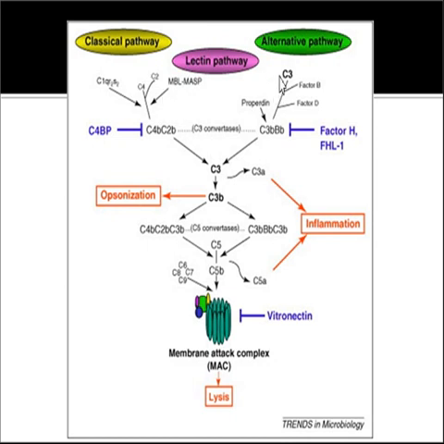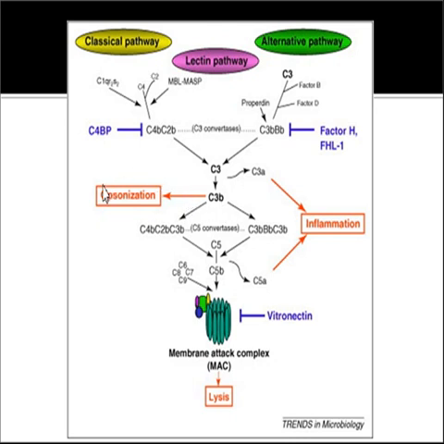Now all of these pathways generate the C3 and C5 convertases and the bound C5b, which is converted into the membrane attack complex, finally leading to the lysis of the entrapped pathogen. So these a and b are the fragments of C3, whereby one is a larger fragment and the other is a smaller fragment. Normally, a is the smaller fragment and b is the larger fragment. But again, depending on the type of mediators generated, they serve different functions.